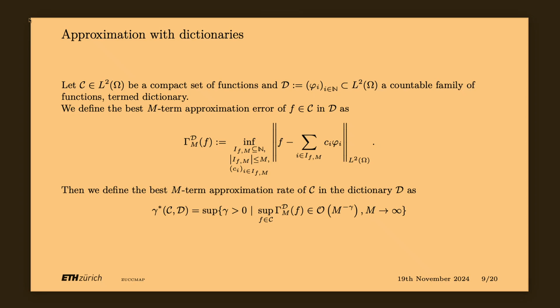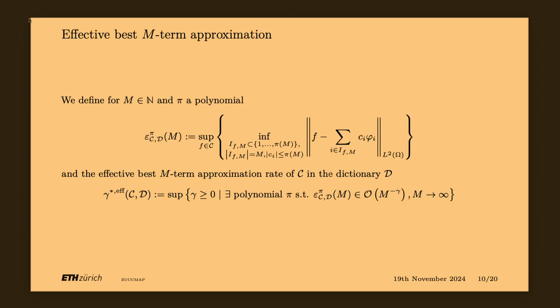So we are imposing another constraint: we are not searching among all, but we are searching from the first to the last one, where the last one is a polynomial of m. If this doesn't tell you anything, just think that you're not searching from the first to the last one, where the last one is infinity, but at a certain point you stop, and this ending point grows as a polynomial of the number of elements that you want to characterize.